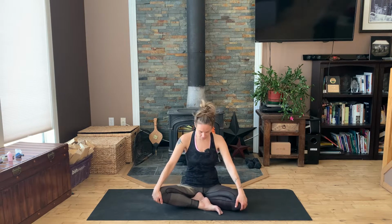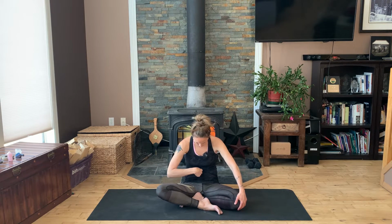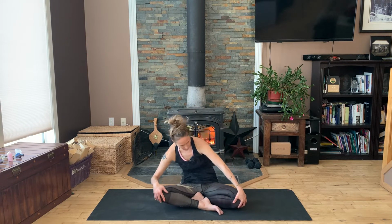Good. Releasing the hands to the knees and just starting to do these nice big upper body circles with your torso as you move to the side and back. When you come back, draw the navel center in and exhale through there, drawing the belly towards the spine. Inhale as you go to the side and forward, opening the heart, and then exhale as you come back. So we're just doing these nice big circles to warm up the spine, feeling it in the hips and the lower back,